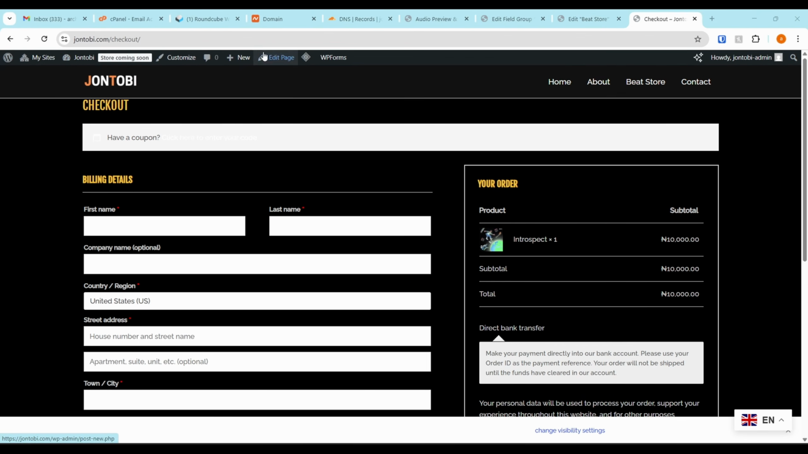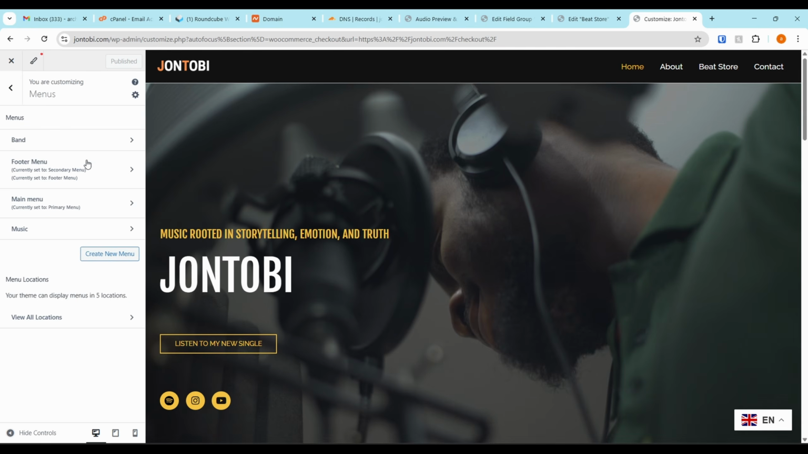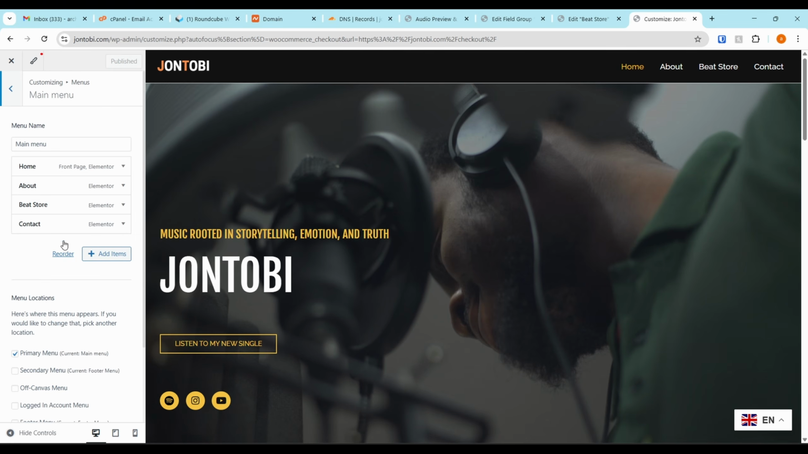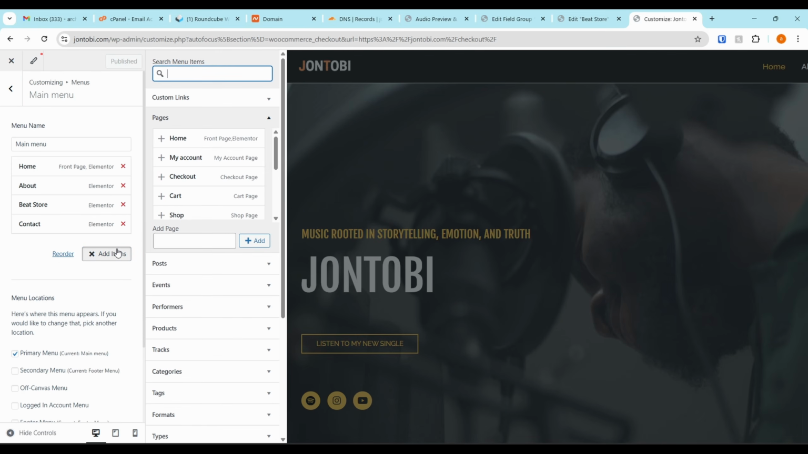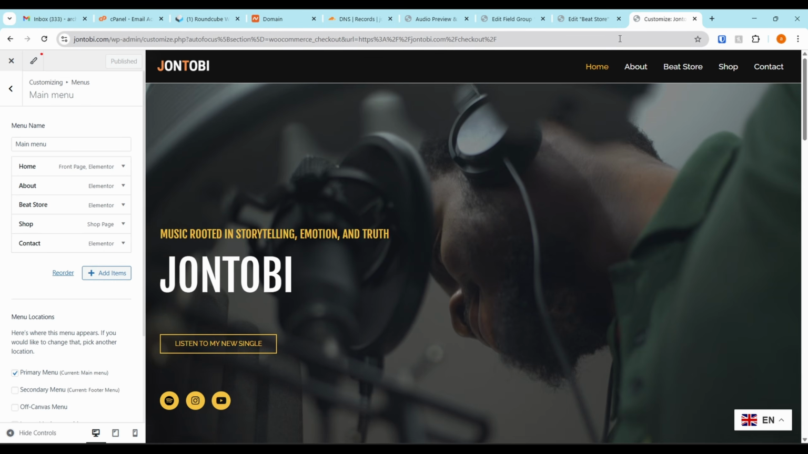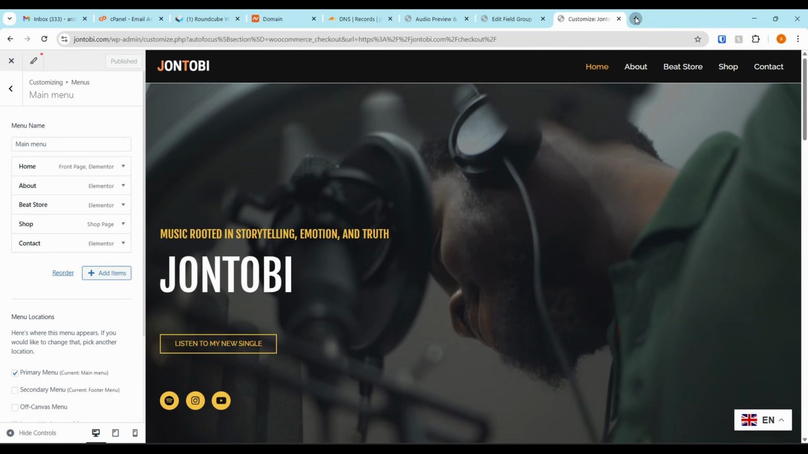Let's go back to customize, and in the menu page, we want to configure the menu, edit the main menu. I want to add in a new item, so we'll add in our shop. Let's publish this and see how it looks. I'm just going to close Elementor here,